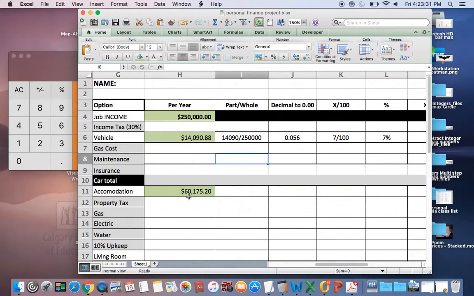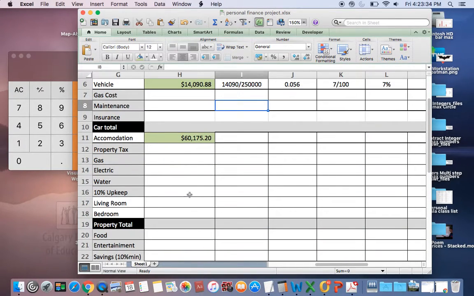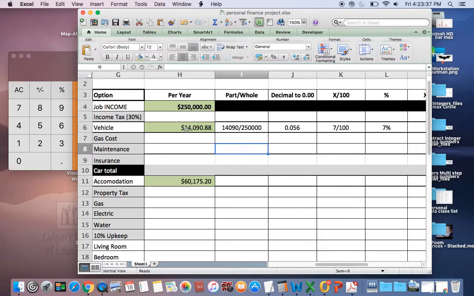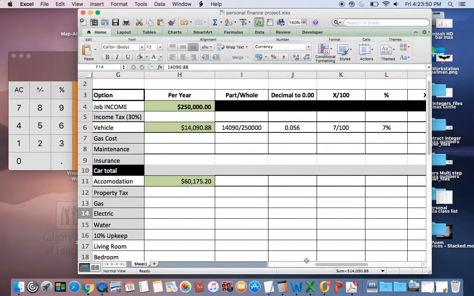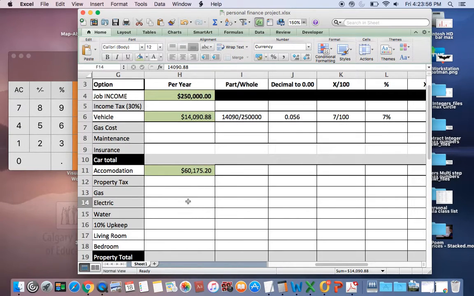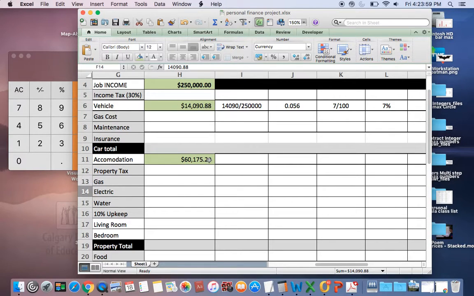These numbers I've pulled directly from my last option. So here the 250,000, that's from right here at the bottom. This is my total for my apartment, 60,000 for the year and 14,000 for the car. As you can see, those numbers have been moved over into the new square. Living room. Now this is where you get to take that total that you did all that addition on. My living room, let's say, was